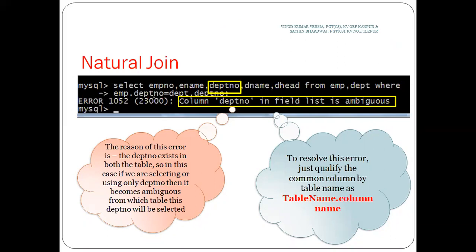See the example of natural join. Select EMP number, name, department head from employee, department, where EMP dot department number equal. You can write it this way, but in this case it will show an error.